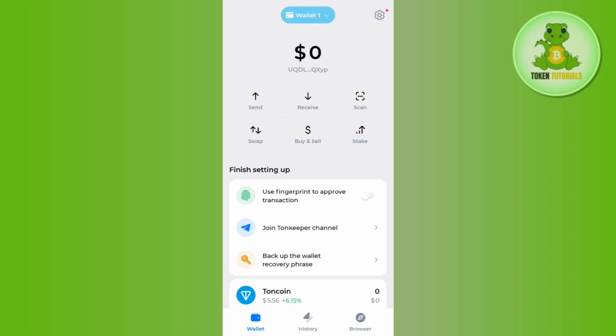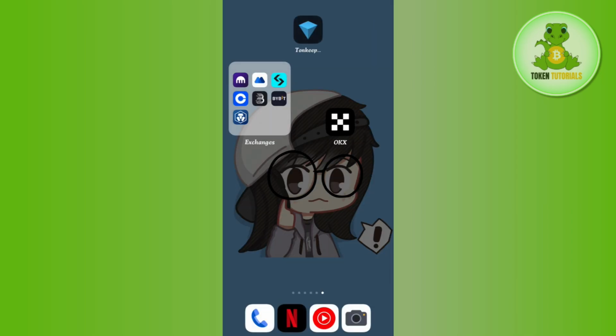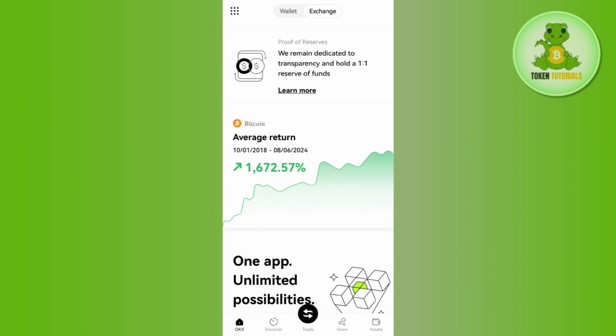So in order to get the address, you need to launch your Tonkeeper wallet and log in to your Tonkeeper wallet if you haven't already. After that, tap on the receive button in order to get the deposit address. Then copy the address from here, go to the OKX, fill out the form in the address section, paste the